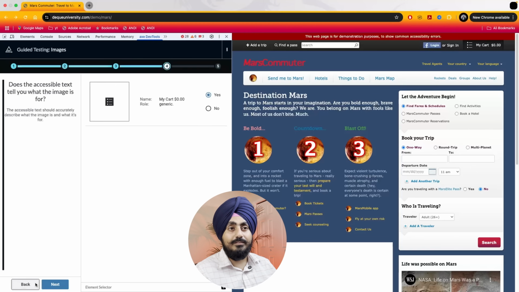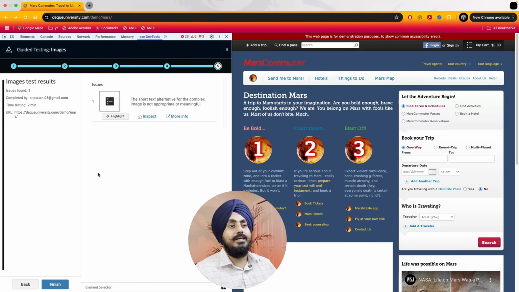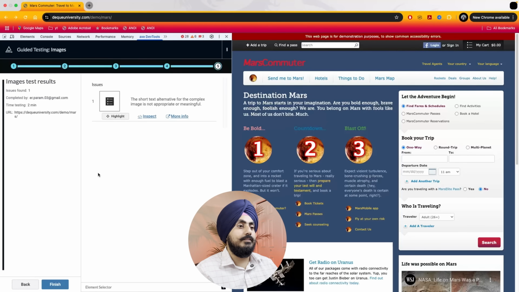And if I say that no, the accessible name is incorrect, and say next, it will say it found one issue and that's related to the alternate text, which is not meaningful. So this is how, when you're testing for images, this is your opportunity to use IGT to validate the alt text for images if you're getting started in accessibility testing. Let's finish this